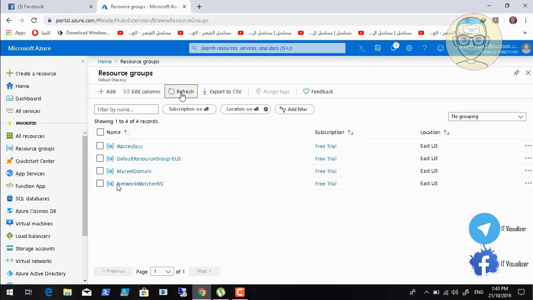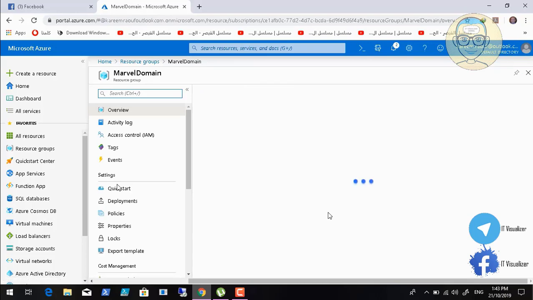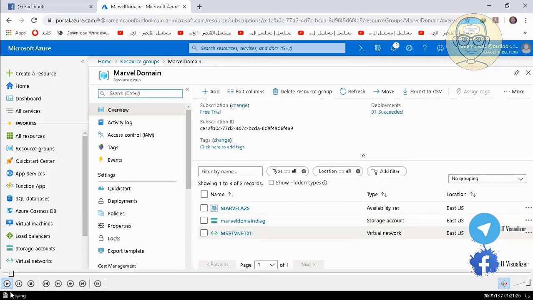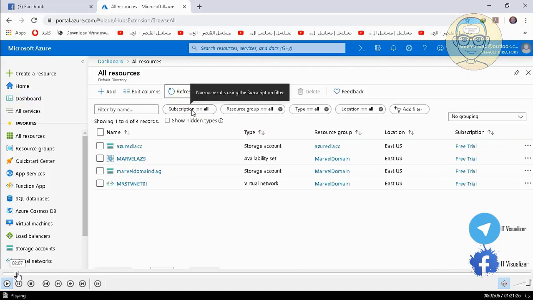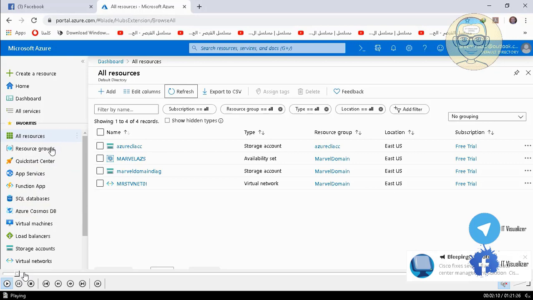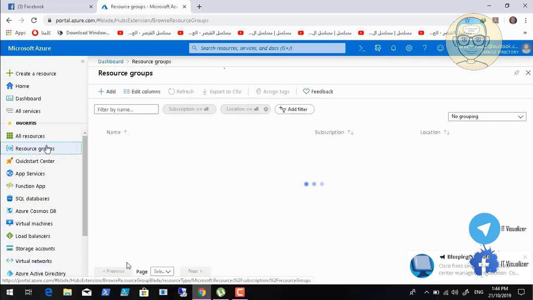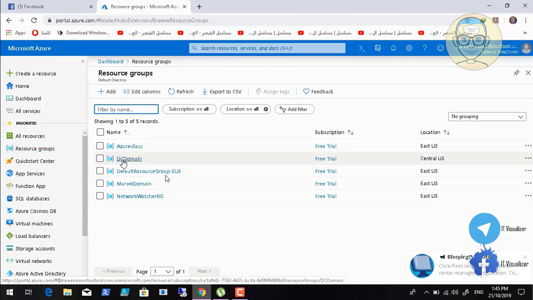And then we'll make a refresh. As we can see, it will take a little bit of time until the resource group appears. Okay, so here in the resource group, here is the DC domain,